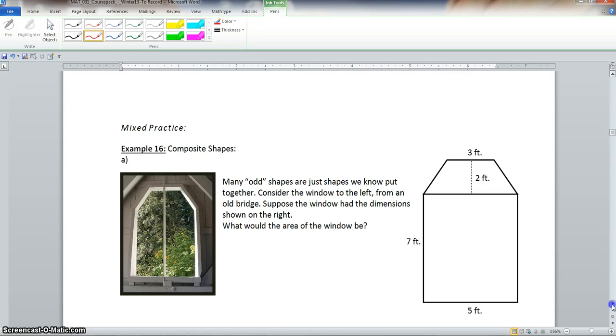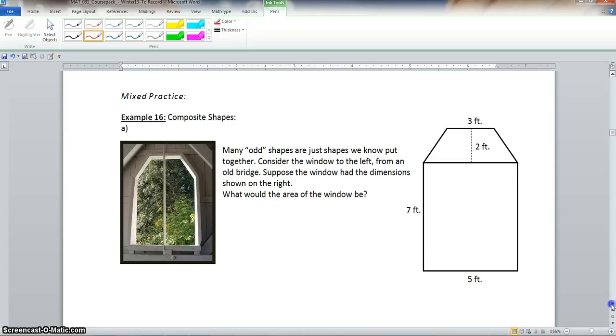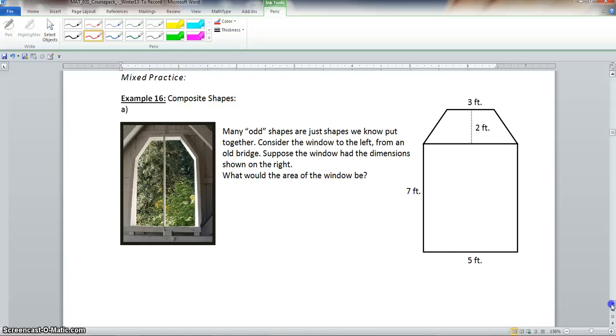Okay, now we have example 16. We have composite shapes. It says many odd shapes are just shapes we know put together. Consider the window to the left from an old bridge. Suppose the window had the dimensions shown on the right. What would the area of the window be? Okay, now we will have the area,